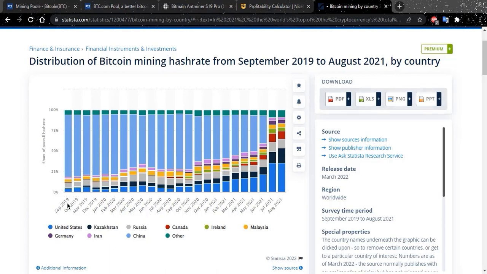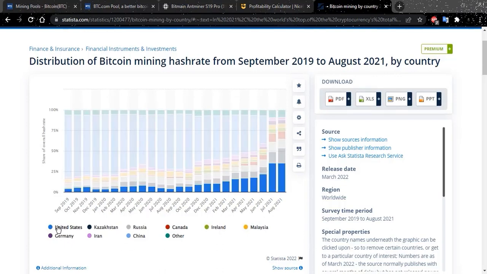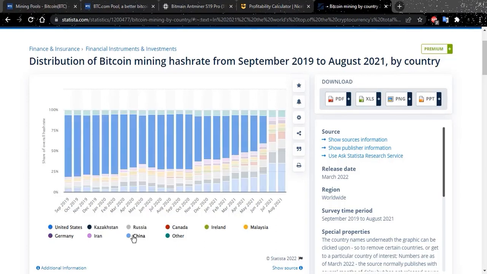But after months passed, as we all know, past summer we had many bans coming from China, and they were talking about Bitcoin, that it was useless, they will ban it, and also they will catch and arrest people who mine and stuff like that. So they made people scared a lot. Miners moved to other countries. Now we will see it. First of all, you see United States, it's bold. So in July and August 2021, it had a huge pump because of China. As we see, China started losing its popularity among all the countries.